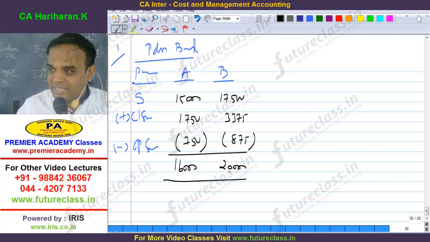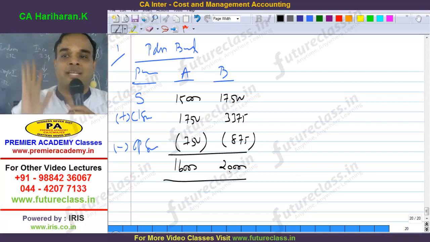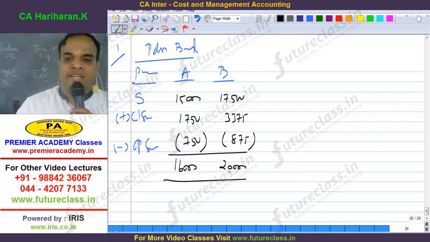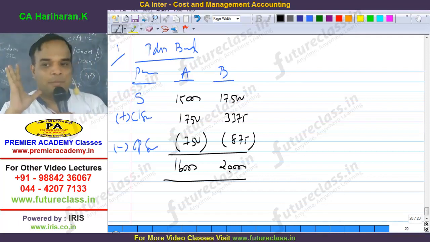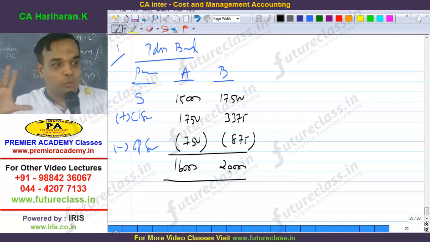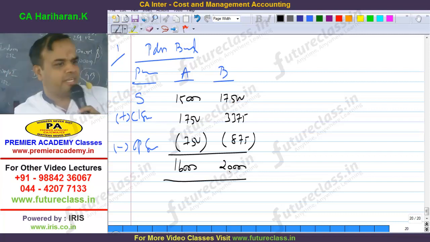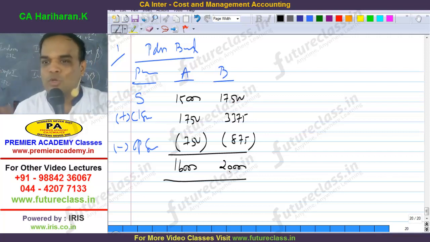You can sit in every class and create a center of attraction, but you can't clear the CA exam. You should know how to balance the course. It's okay, you can participate, you can mark your presence. At the same time, what is the core intention? You have to clear the exam. If you do everything else and fail in CA, there is no use at all. Understood or not? The main intention is not class; my intention in coming to class is that I want to clear the exam. In that effort you can show your activity, absolutely no problem. But if you show only other activity alone, everything looks fine, but if the subject knowledge is zero, there is no use at all. There is going to be a joker only.